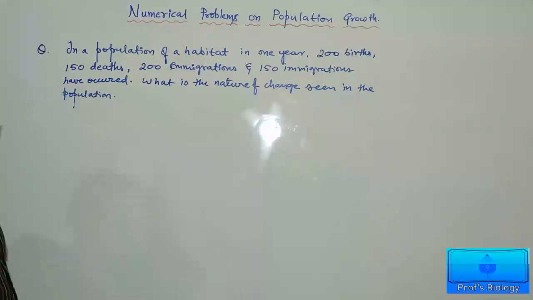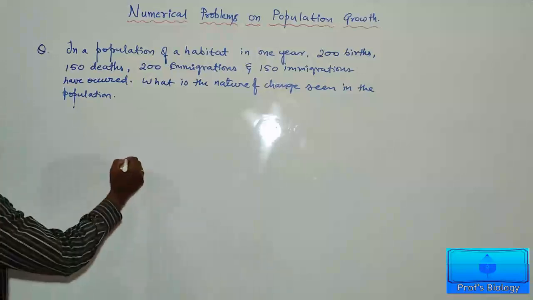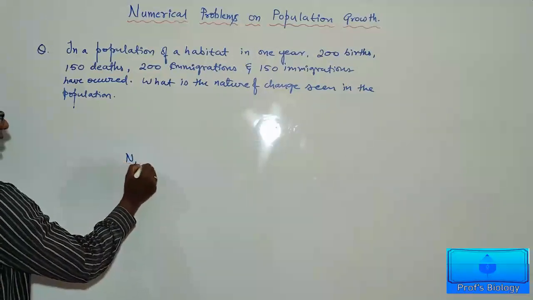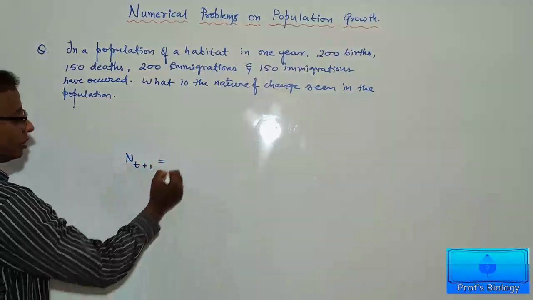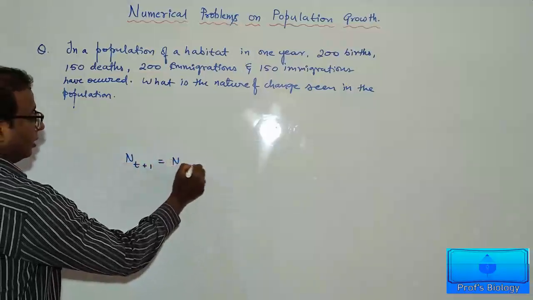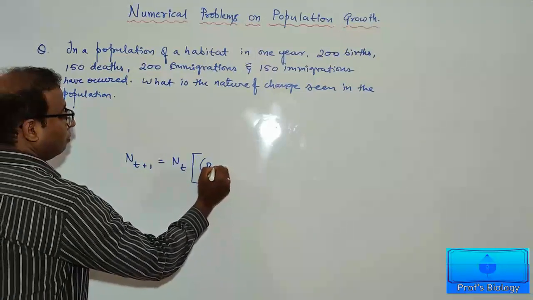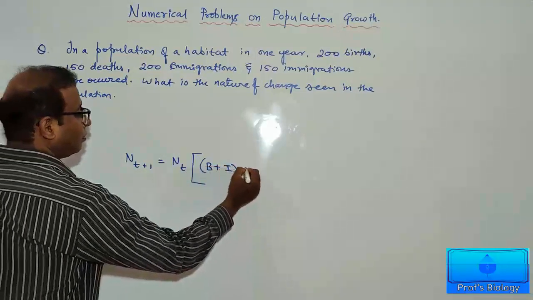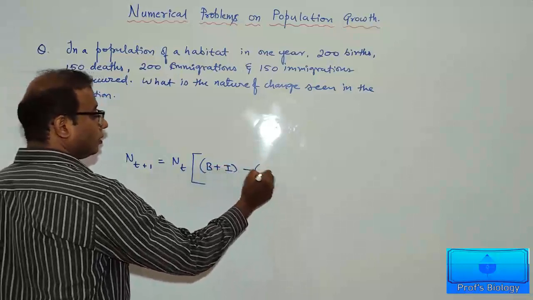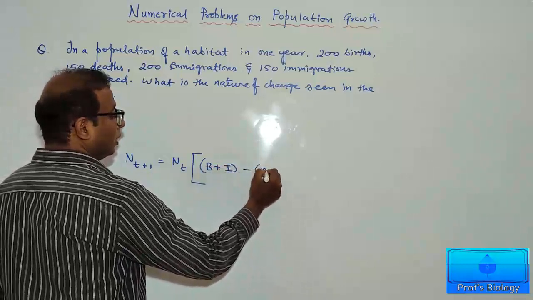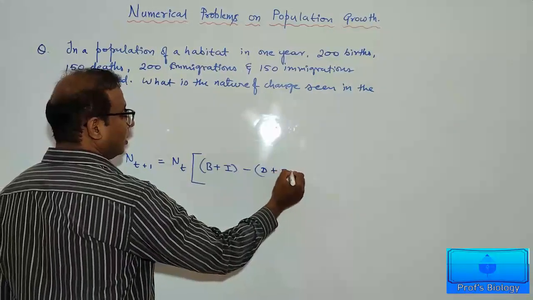The formula which will help us solve these type of questions will be Nt plus 1 equals Nt plus B plus I minus D plus E,